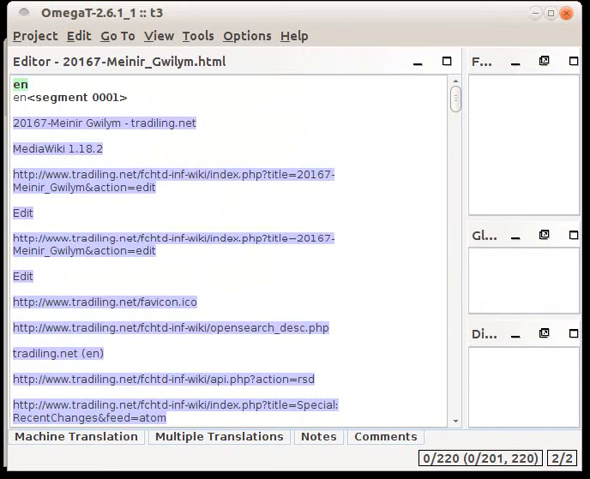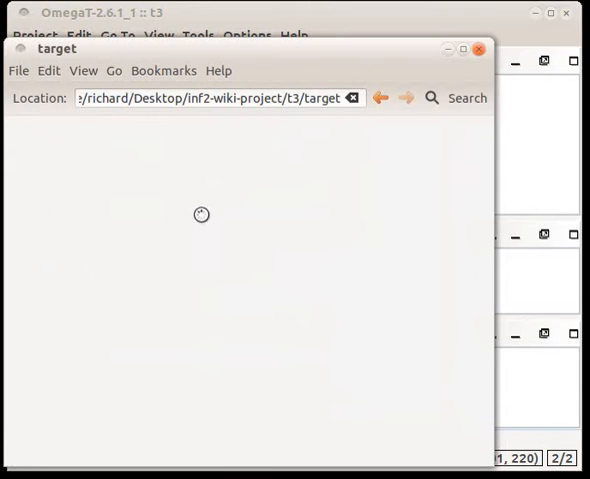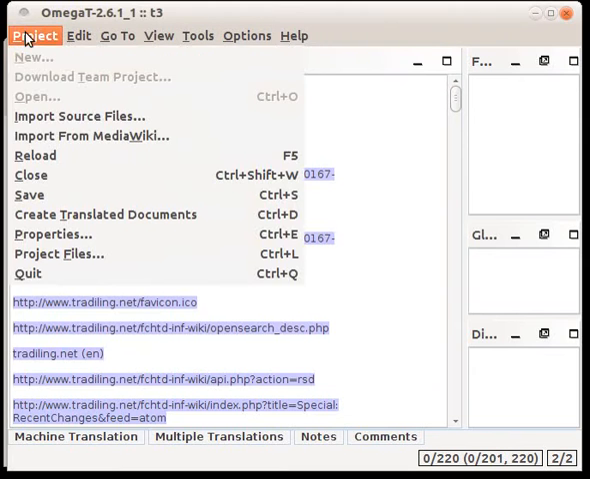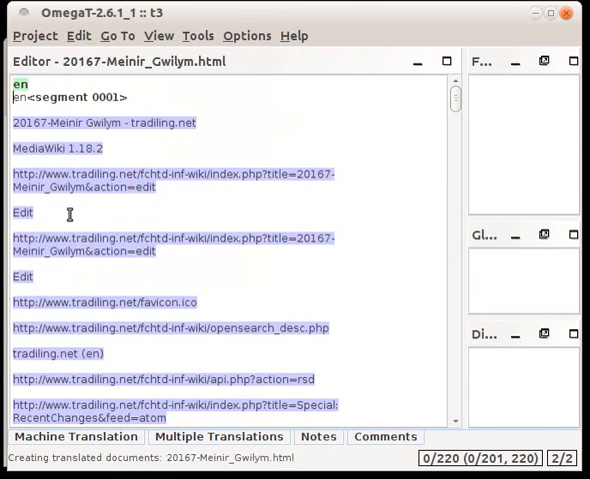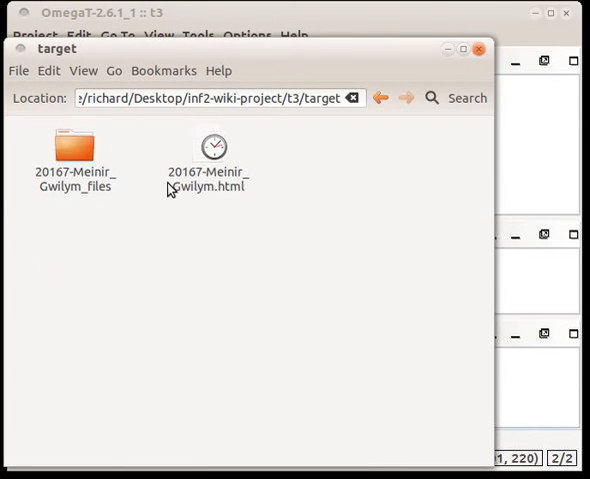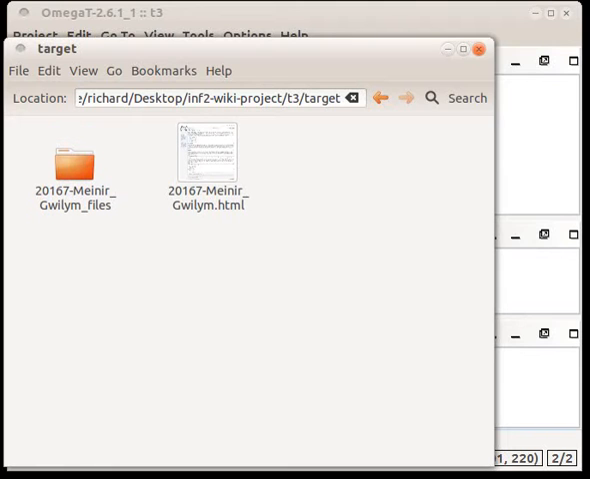Before we do that, if you look here in T3, the target folder is empty because we haven't created any translated documents yet. But if you go to the project menu and create translated documents, then if you look in the target folder, it creates the translation. And now if we go to